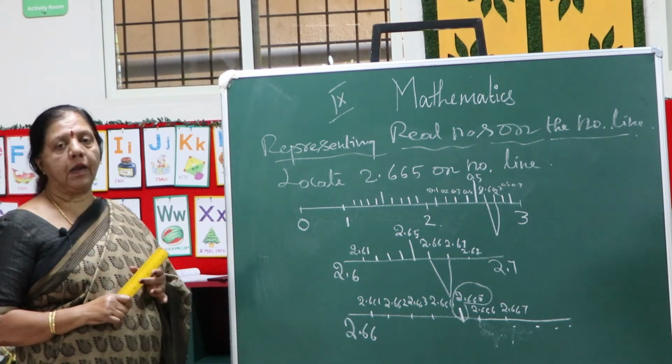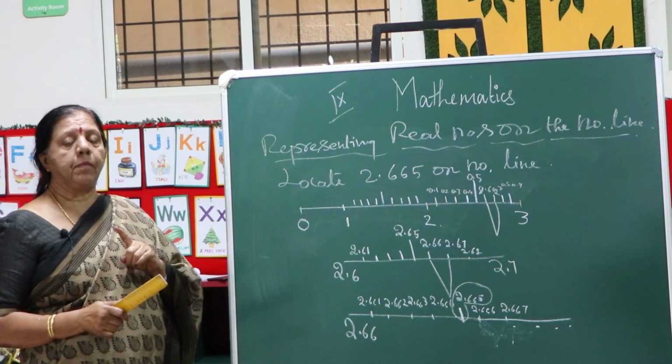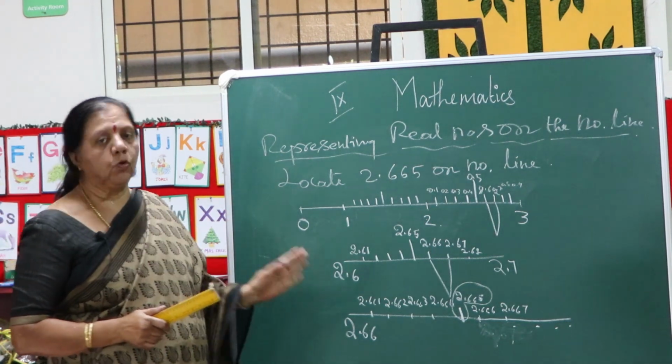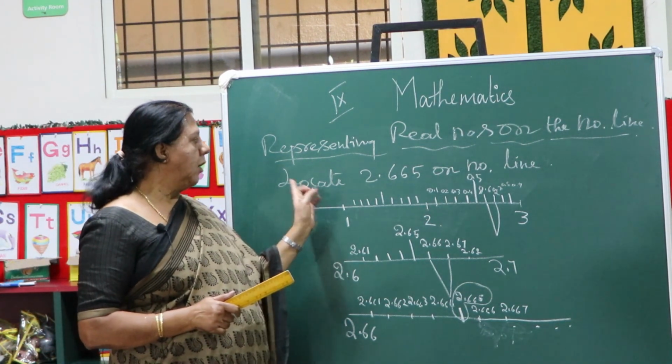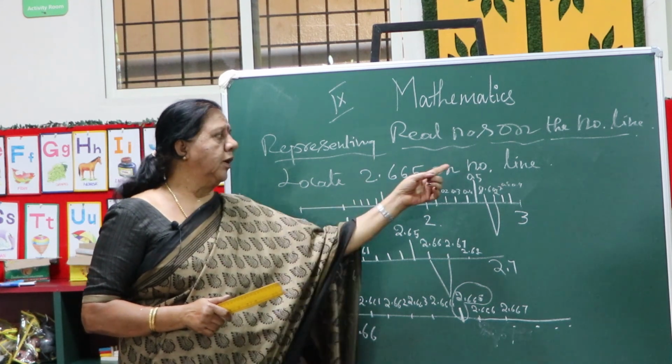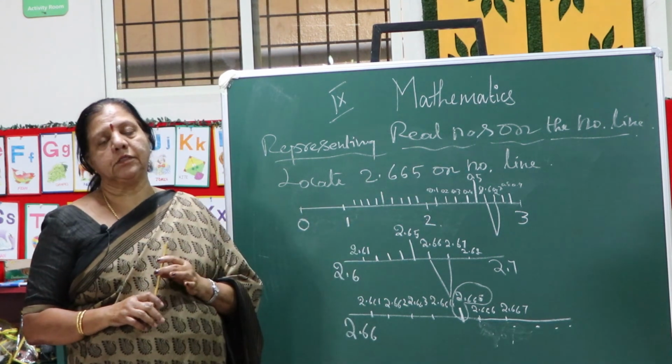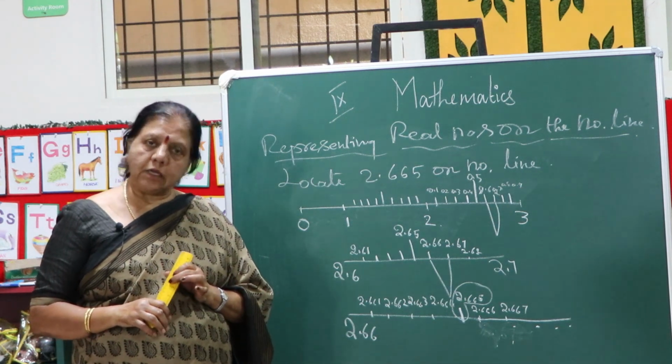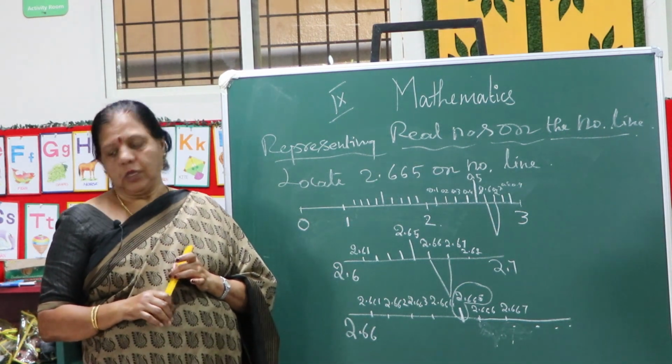That is the decimal point you can locate on the number line. This one more example is given in your textbook, you go through it. This is the way to locate the decimal point on the number line. Children, have you followed? Is it easy, children? Okay. So next